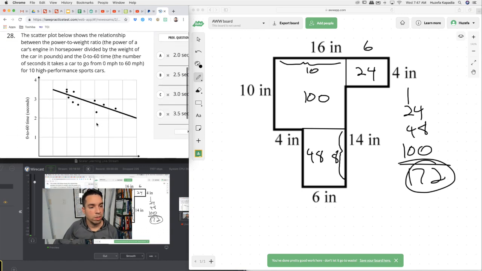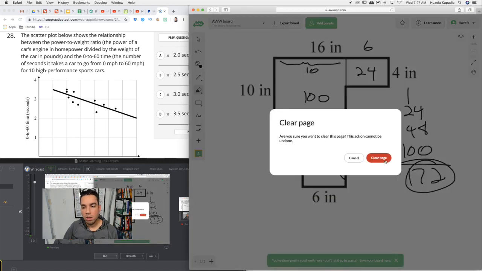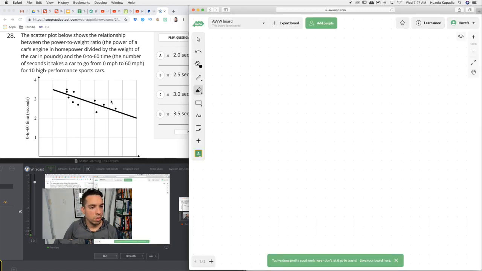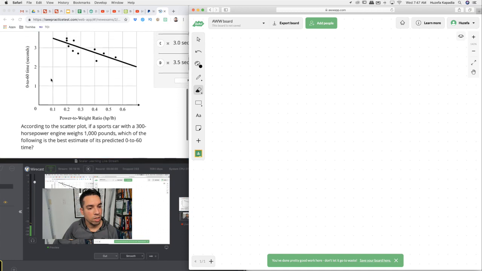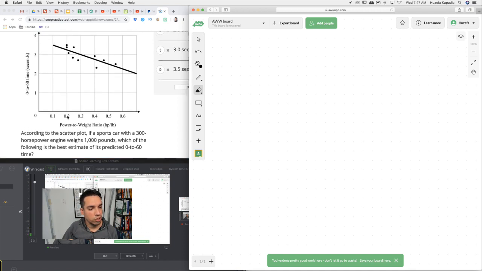Okay, the scatter plot below shows the relationship between the power to weight ratio of a car's engine, divided by the weight of a car in pounds, and the 0 to 60 time, the time it takes the car to go from 0 to 60. According to the scatter plot, if a sports car with 300 horsepower engine,